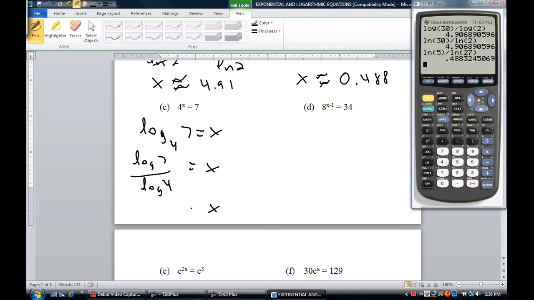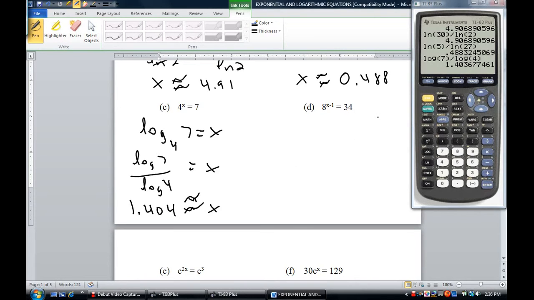And then that's the final answer for some people, but to get the decimal approximation, those are squigglies. We'll just type in log of 4, or log of 7, I mean. What was I thinking? Log of 7 divided by log of 4. We get approximately